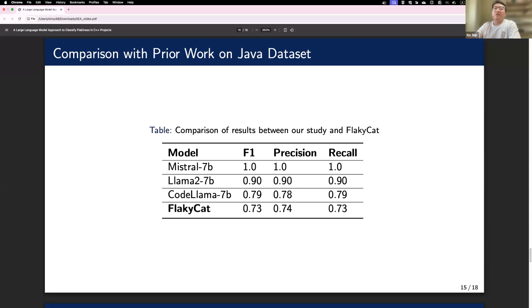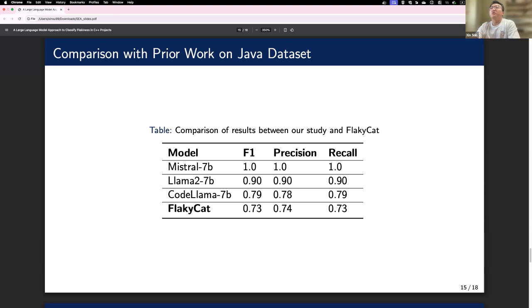The comparison between our results and Flaky Cat shows that using LLMs can improve the classification performance of flakiness, providing a potential solution to this issue. So let's discuss why we see these differences. First, the model's pre-training data plays a major role.